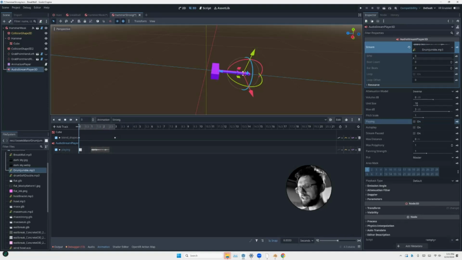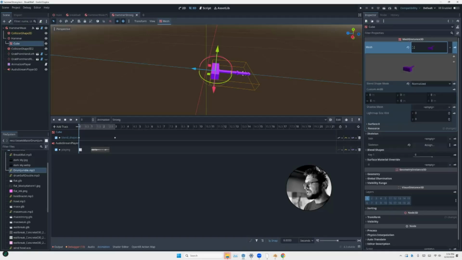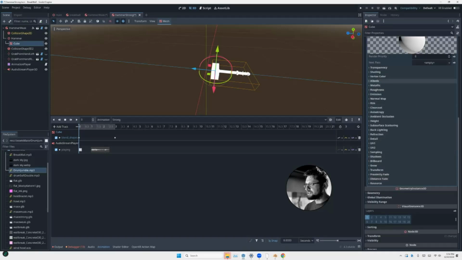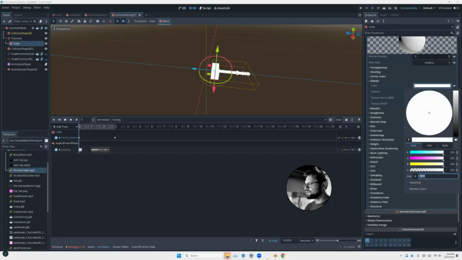Okay, can we also change the color on it? That would be cool. Let me see that. So when I click on the mesh part of the hammer, which is called Q, if I click on the hammer itself, I can look around in here, and there's this option called Surface Material Override. So I'm going to click that. I just add a new standard material. And I'll click on that again. And we'll go down to the albedo. And we will set that to be